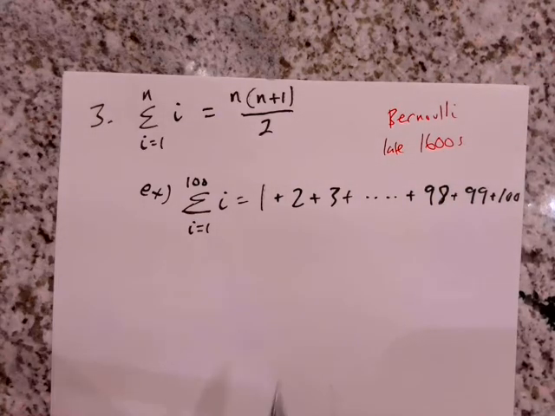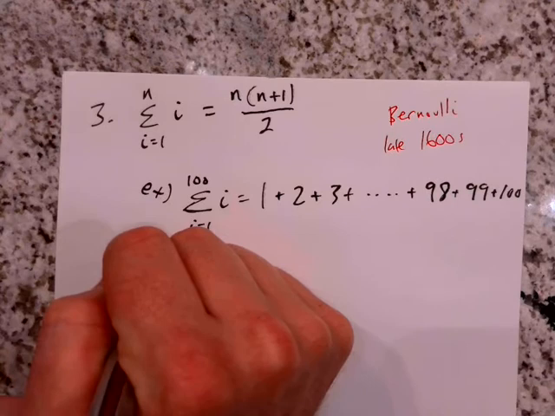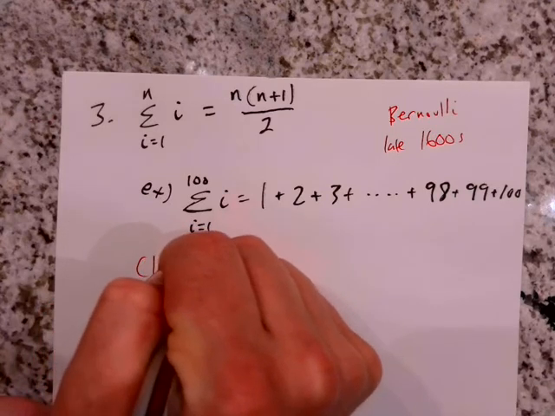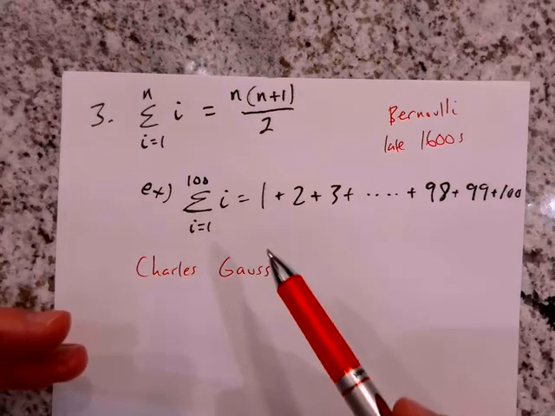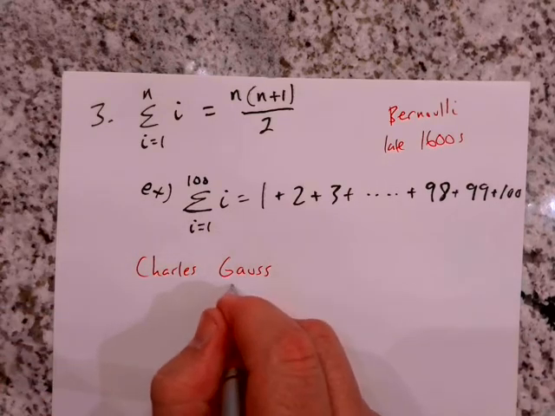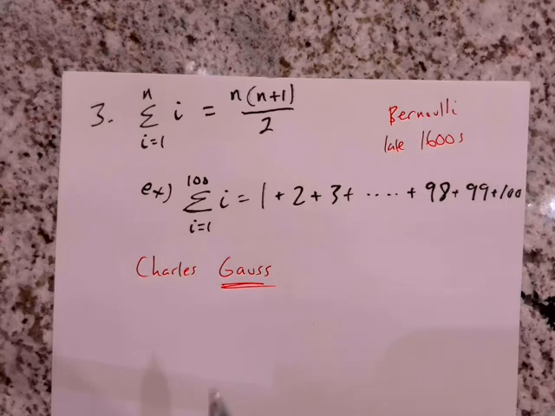But a more fun story has to do with the mathematician named Charles Gauss, who's considered one of the top 3 mathematicians of all time. It's pretty much like Archimedes, Newton, and him. Gauss was called the Prince of Mathematics. When he was a kid, like 8 or 9 years old, he was already the smartest person in the room,